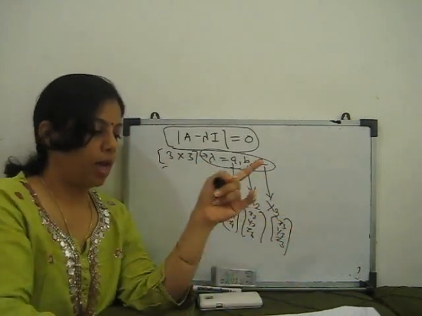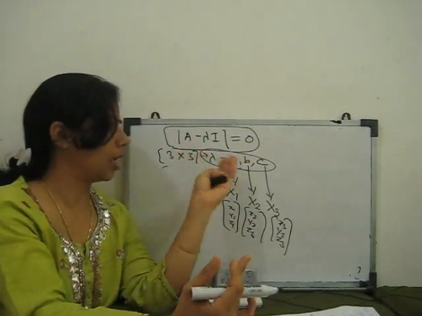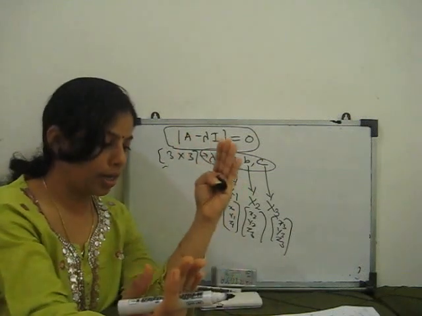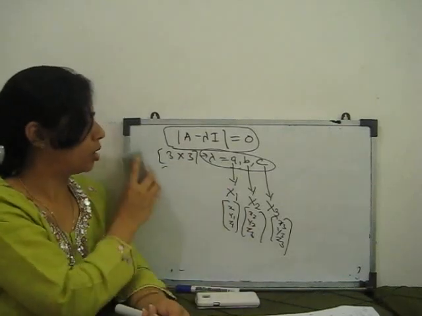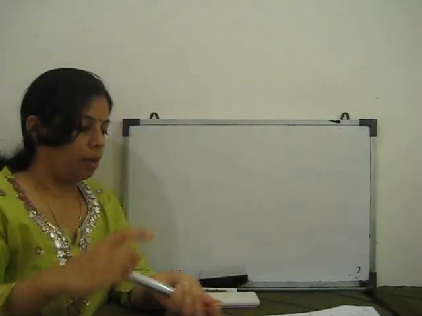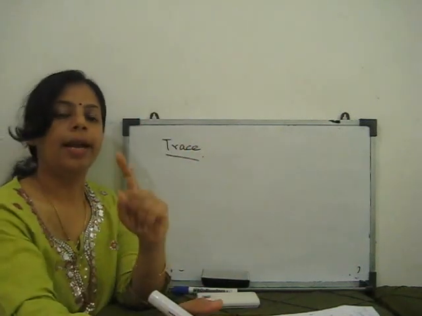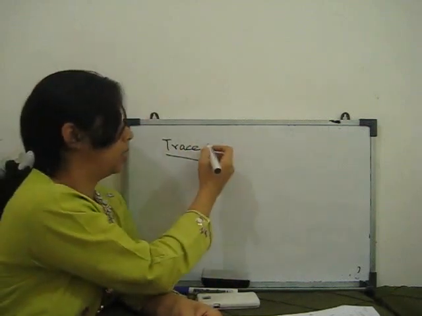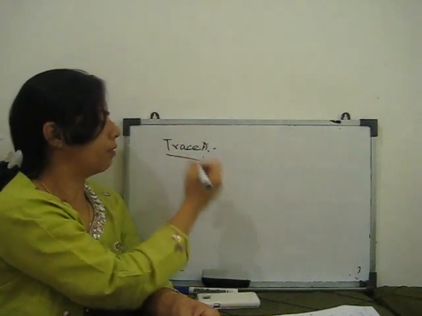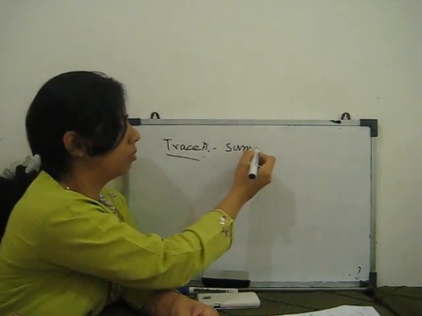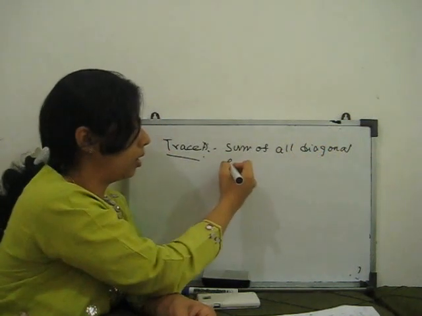Second one, if lambda is a real eigenvalue or it has a complex conjugate, either lambda is a real value or a complex conjugate, then there are some properties it has to satisfy regarding lambda. Number 1, trace. You know what the trace is? Trace means the sum of all diagonal elements. Trace is defined for any matrix. For example, we can say trace of A. A is our matrix. So, trace is the sum of all diagonal elements